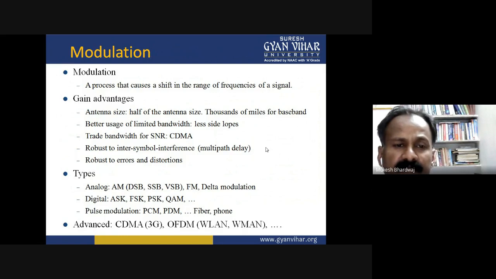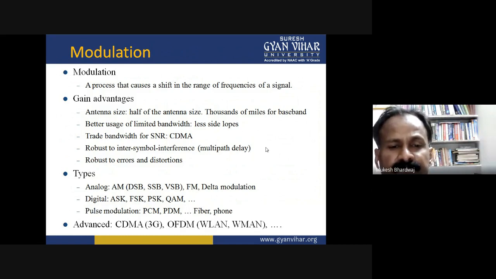What are the gain advantages? Antenna size, half of the antenna size, thousands of miles for baseband. Better use of limited bandwidth, fewer side lobes, greater bandwidth for SNR, CDMA, robust to inter-symbol interference, that is multipath delay, robust to errors and distortions. Types: analog,